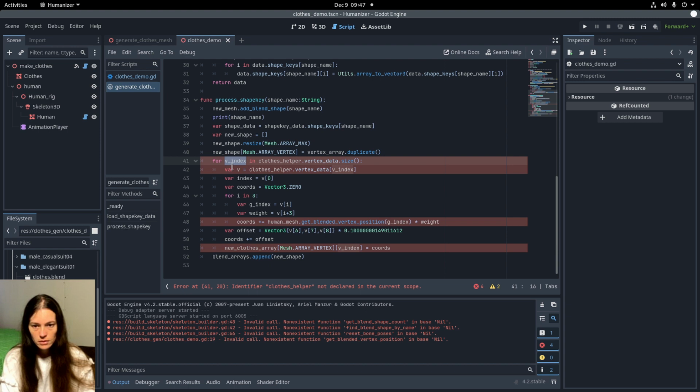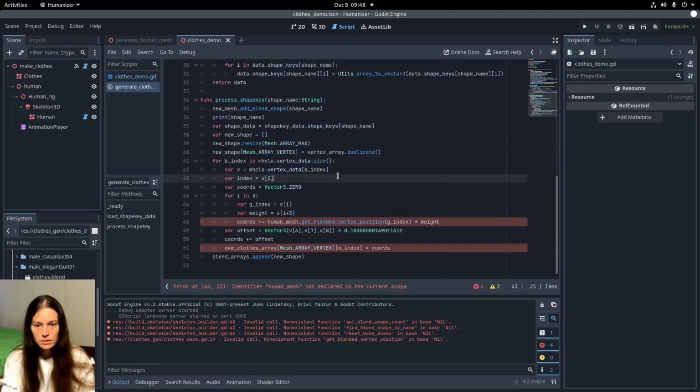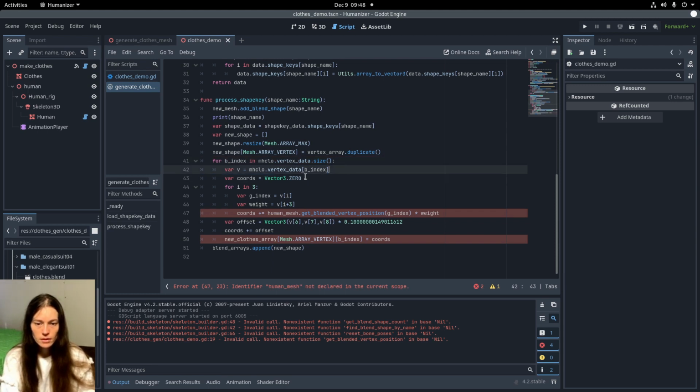Now, I'm not re-indexing the vertex data, so this will be the Blender index. And I'm not using the close helper, so this will just be the make human close reader. So I'll get the line and set the initial coordinates to 0, then loop over the 3 points, and I'll